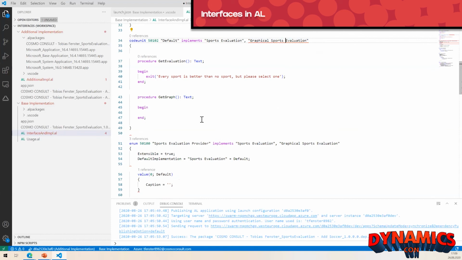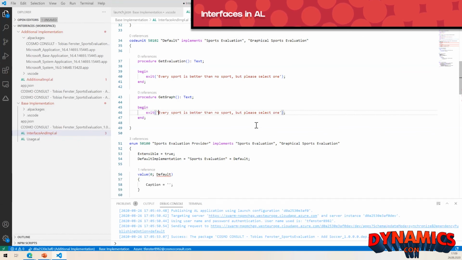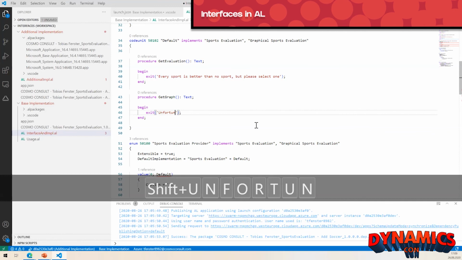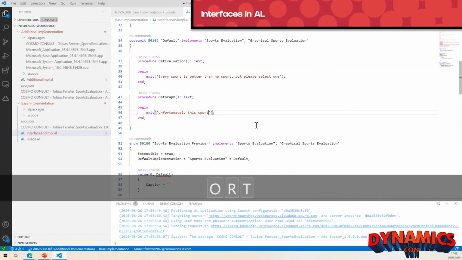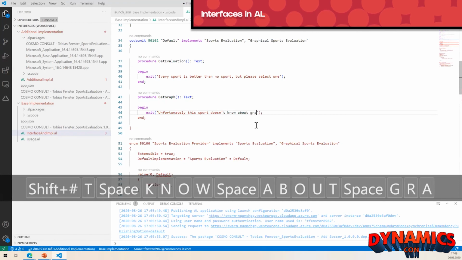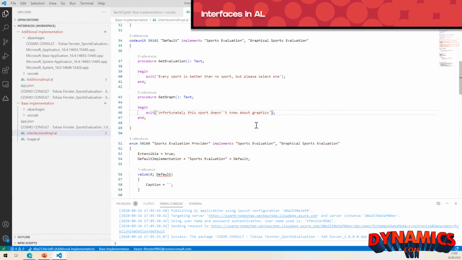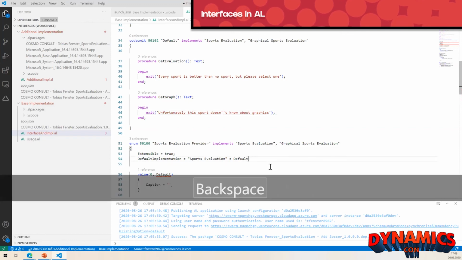Again, use that nifty quick fix, say get graph, and then we just add something here. Say, unfortunately, this sport doesn't know about a graph. Okay. So here we go. Now we have a default implementation that provides that functionality, and we need to let the